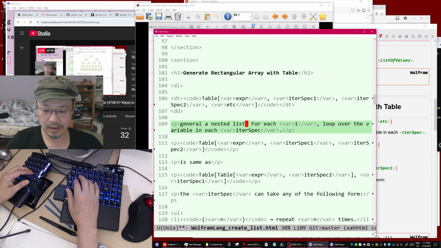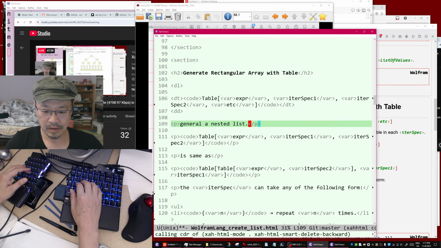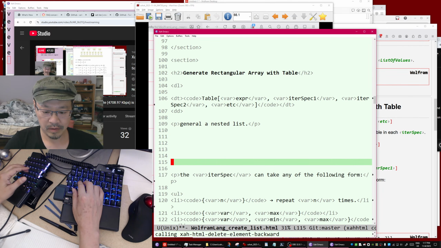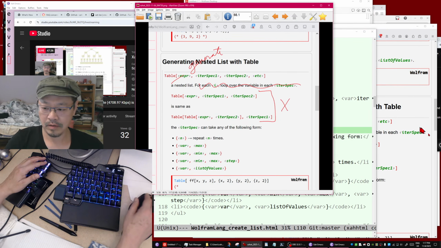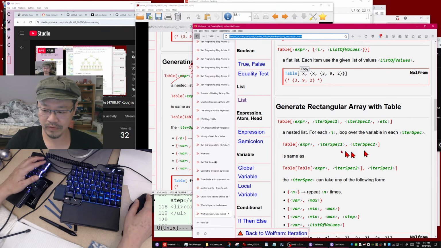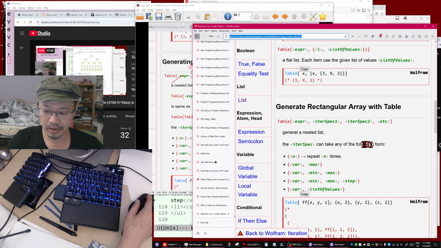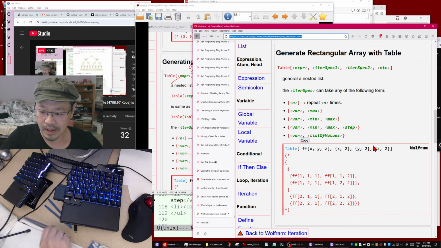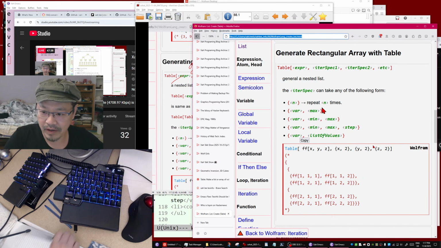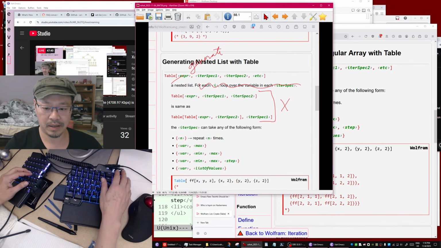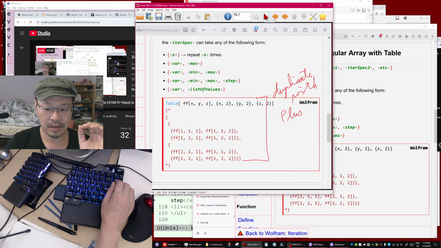Generate a nested list. Remove this section, basically showing in browser. We already demonstrated this. Fantastic. So let's delete that. Next,